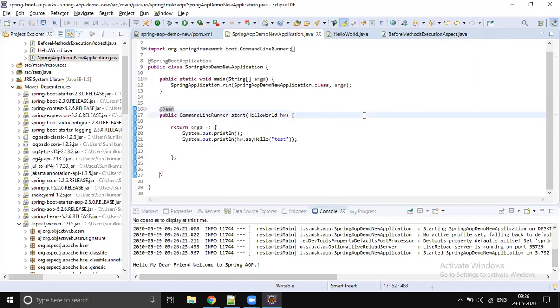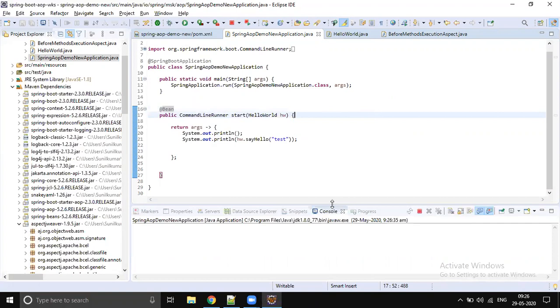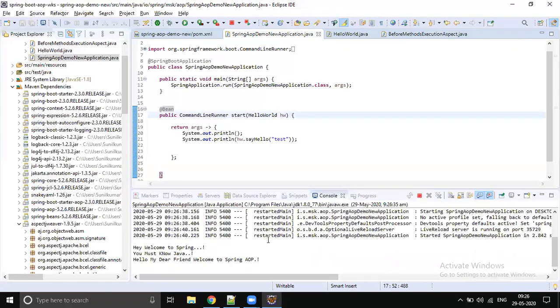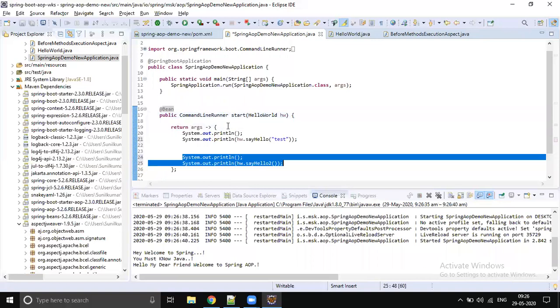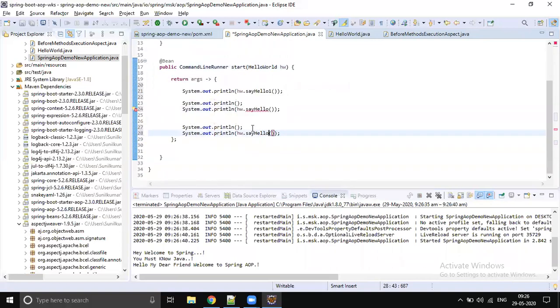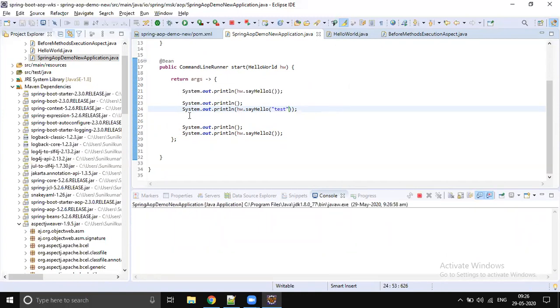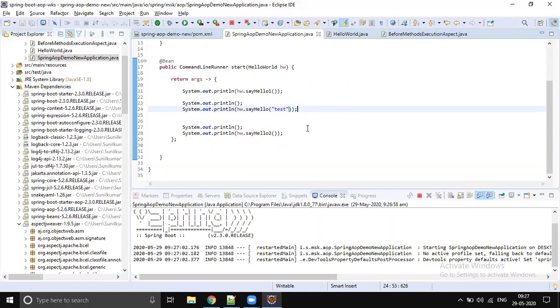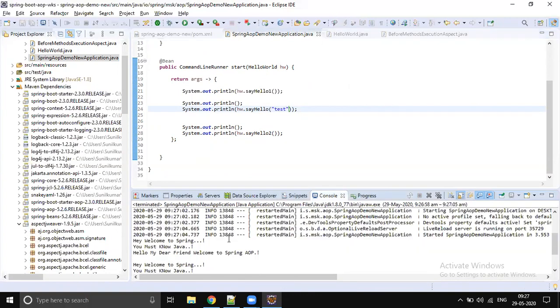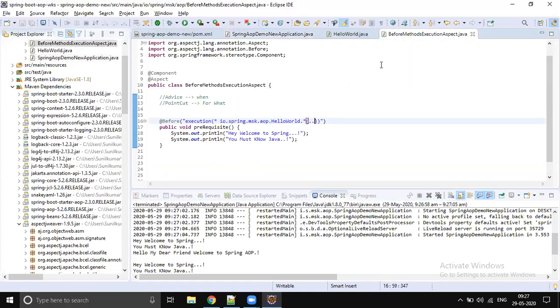You see that a method is going to execute now for everything. It will start executing methods taking parameter, without taking parameter, it will cover everything. Last time it won't execute for say hello, right? If I don't put the dots, the say hello will not get the benefit of AOP, the aspect won't get executed, but when you say dot dot, it will cover everything. It will be covering forever.